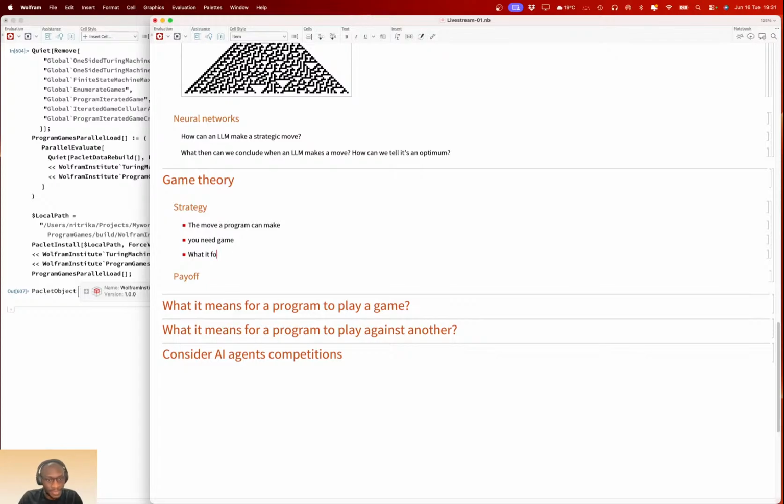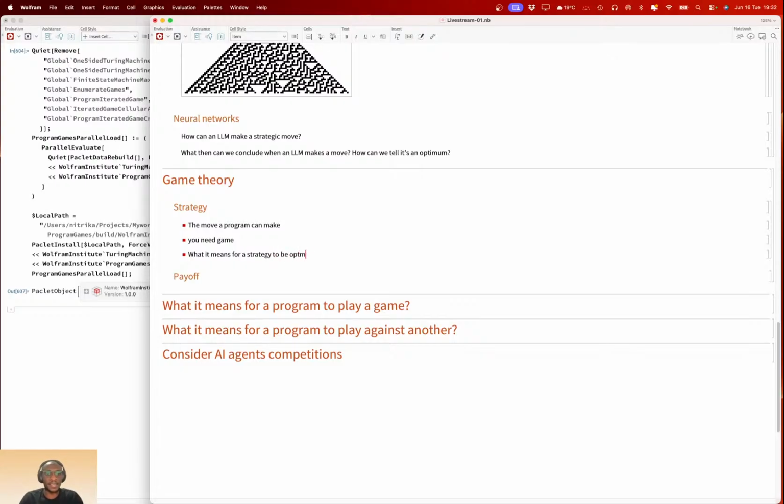Wait, what it means for a strategy to be optimal. So say, for example, some of the information you'll need is what other moves the previous opponents, or the opponent I'm facing, the one I'm playing this game with, have played over the years. That's one of the things you will want to know. And then based on that, you can decide what it means for a strategy to be optimum.